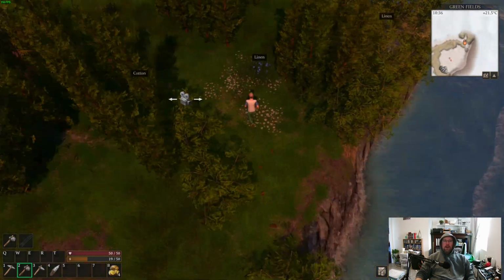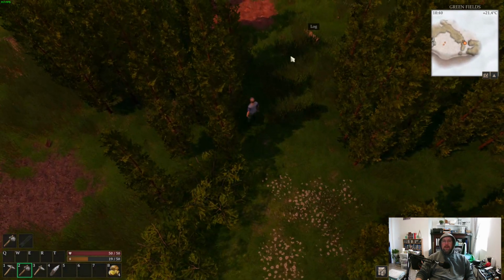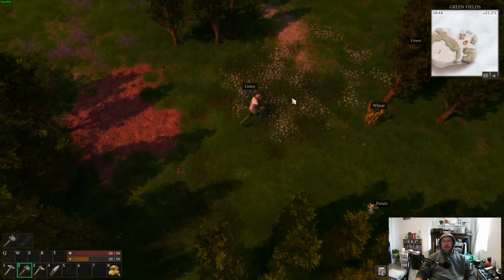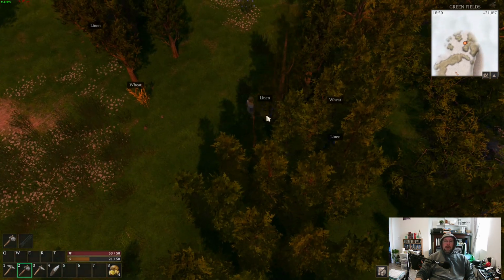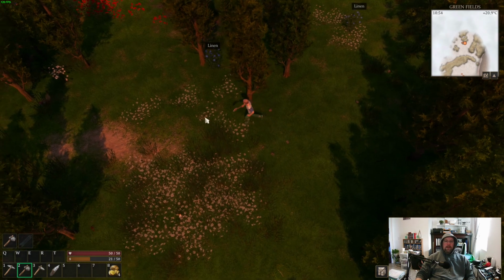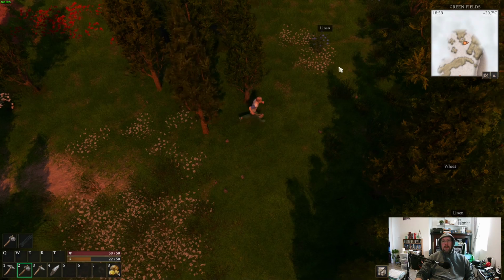And so we're just going to cautiously come out here. I'm going to pick some of this stuff. And I definitely need linens. I can grab these potatoes. Every action that you do, whenever you swing, like harvesting, doesn't take any resources as far as stamina. But